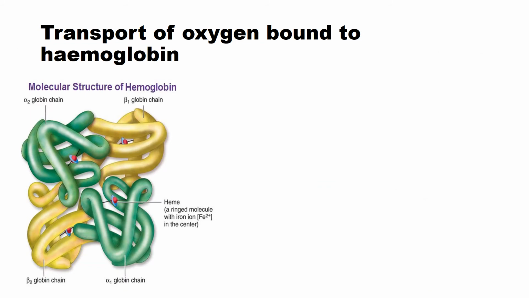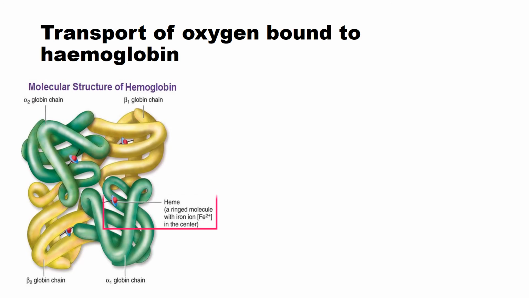Now, the molecular structure of hemoglobin comprises different types of chains. They can be alpha, beta, gamma and delta chains. However, in adult hemoglobin we have alpha and beta chains, whereas in fetal hemoglobin we have alpha and gamma chains. So the affinity of binding of oxygen with the hemoglobin depends so much on the chains which are present. It has more affinity to bind with the gamma chain as compared to the beta chains. So this has an importance.